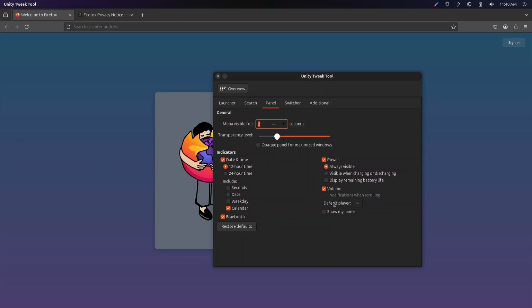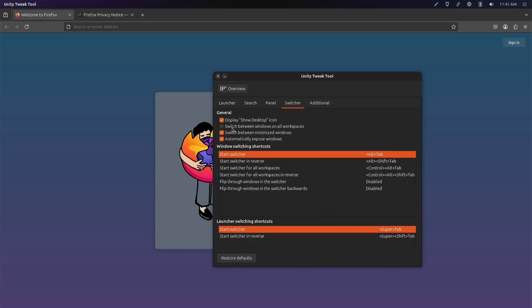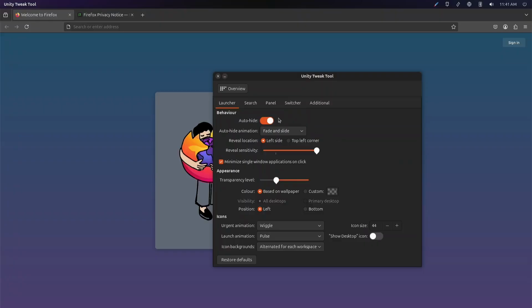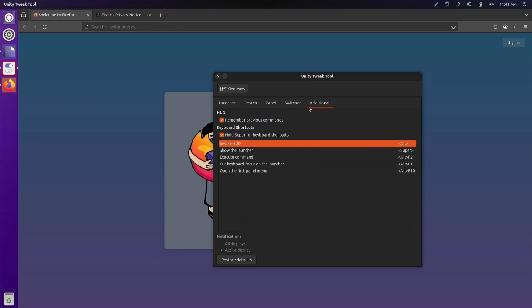That's good. Volume. Show my name. Not showing my name. Aw. Hey, there we go. Okay. Display show desktop icon. Here, I'm gonna un-auto hide the launcher for a bit.